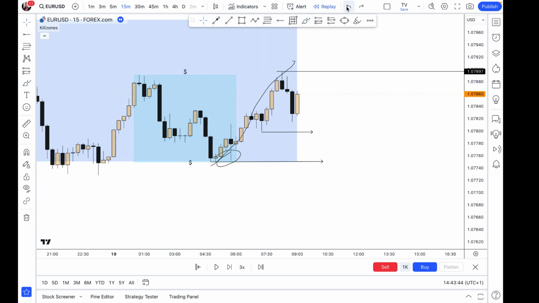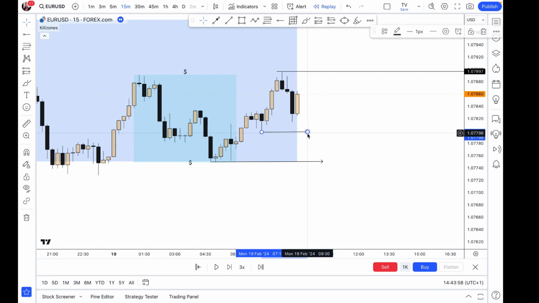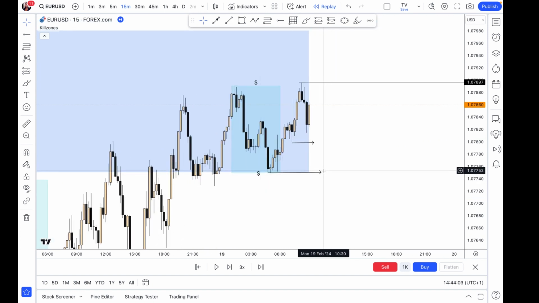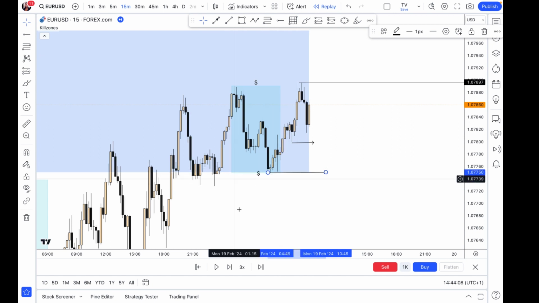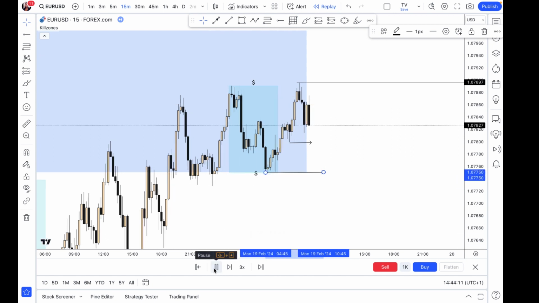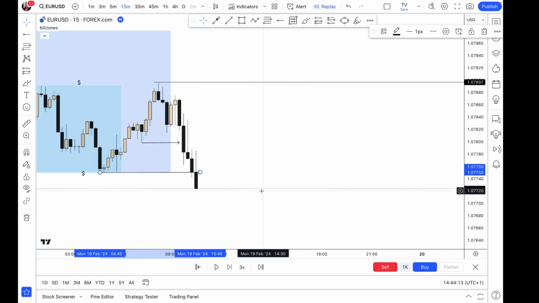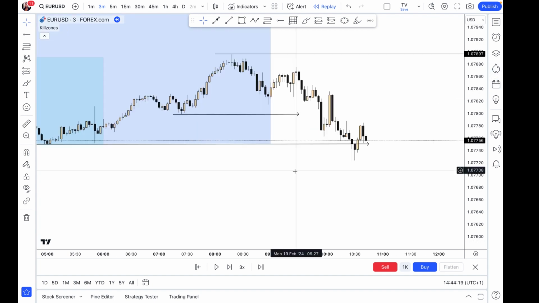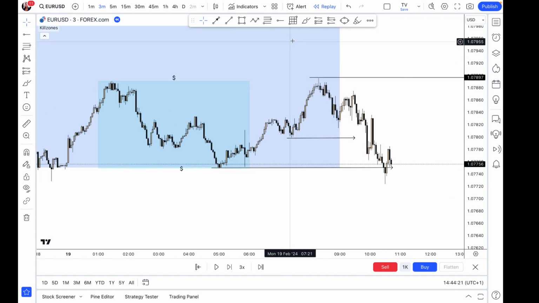But you can also see that when we were pushing up, market created another low, this low right here, then price pushed all the way up. So I decided that if price breaks this as well, I might start looking to take my sell trade. But to be candid, this should be the low that should be taken out first, so that you can have that strong confirmation that price is really going to sell. So once this was taken out,